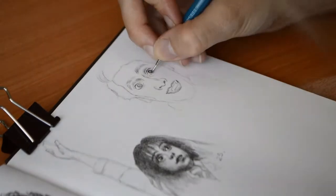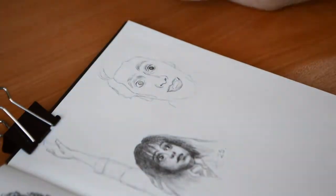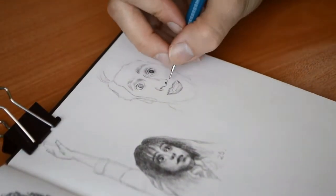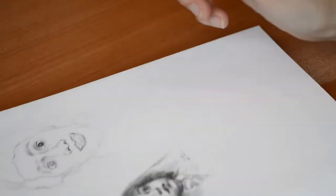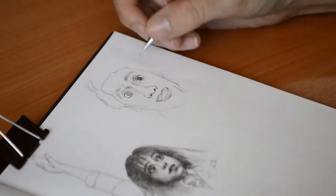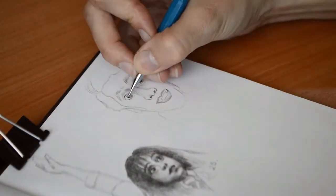So what do I think makes good practice? Because that's what I really want to dive in with this video. I've heard people say, practice makes perfect. Just practice, practice, practice. When it comes to your art, practice, practice, practice. And I find it